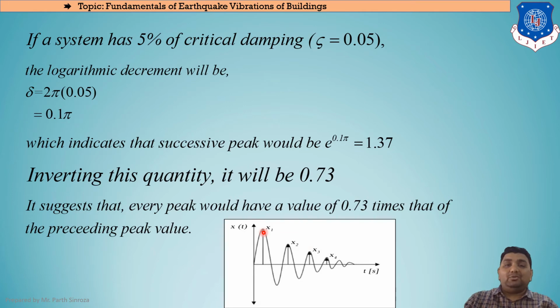It is generally used when x1 and x2 are not given, or the second amplitude is not given in your numerical problem. In that case, if the x1 value is given and we need to find the consecutive amplitude, then we'll assume it to be 0.73 times the preceding peak. Okay? So x2 in this case will be equal to 0.73 x1. This is for the generalized case if the numerical has not been given sufficient data.